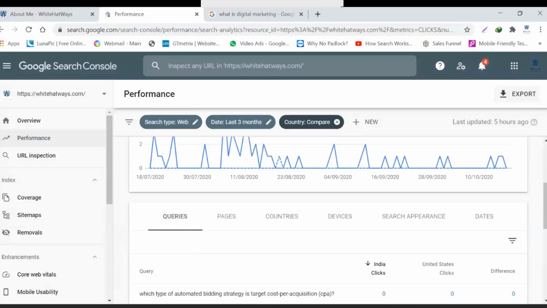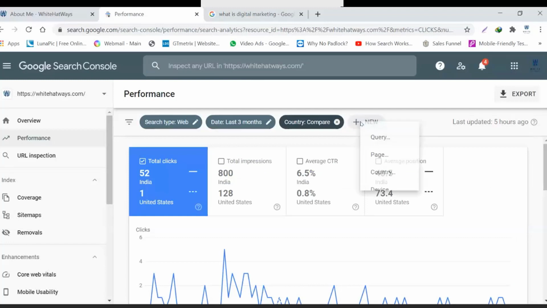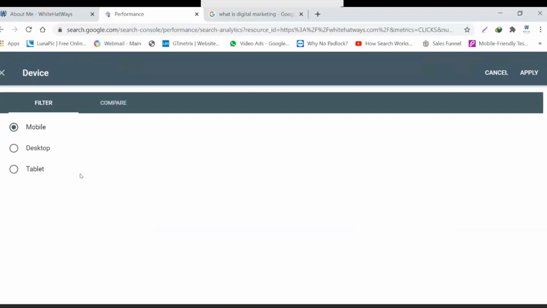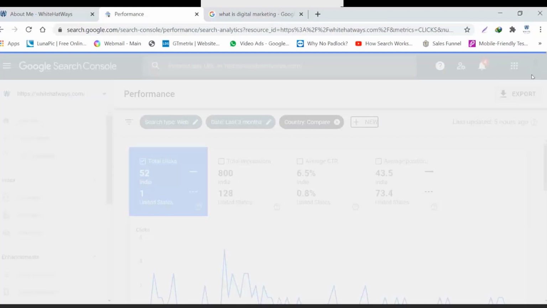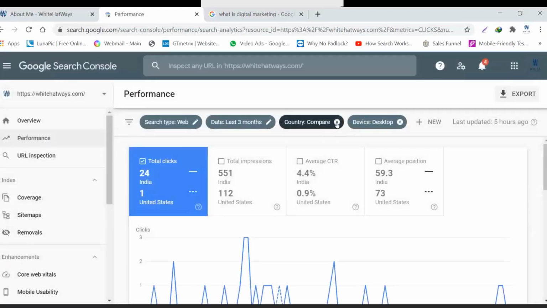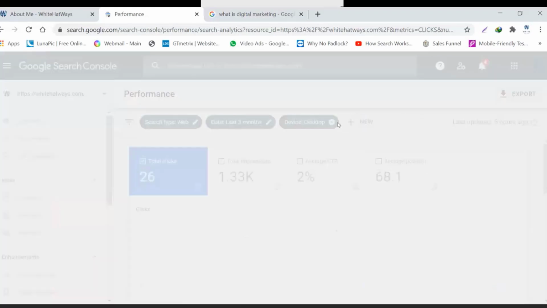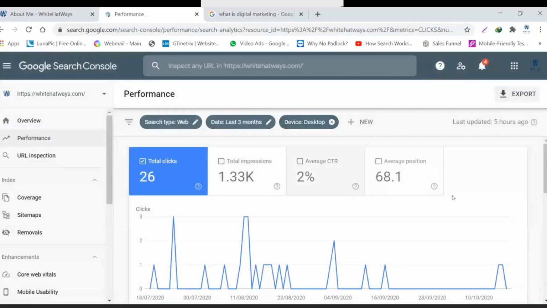So then let's move on to the next plus sign. Let's move on to the device. You can see the patterns, how people are reacting through mobile phone, desktop, and tablet. So let me find out for the desktop. I will just click on apply, and the data that I'll have is for the desktop. Let me get rid of this particular comparison and have it entirely for all the countries. And now it's for all the countries' joint data, but only limited to desktops, because I have gotten rid of the countries part and the comparison part.